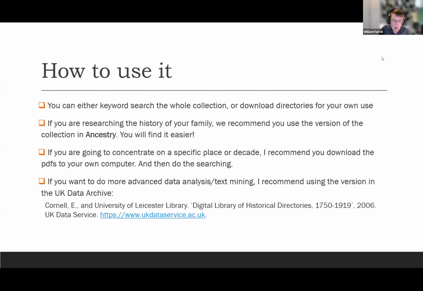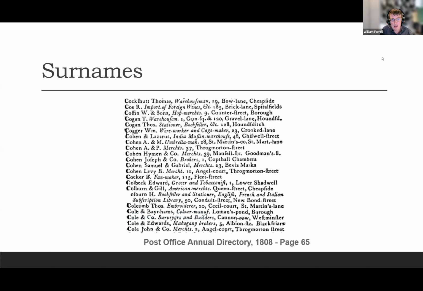If you do want to download all the directories, the whole collection, you do have to download a lot of files. So you need to block out an afternoon to do that. But if you are interested in doing that, that's the version I'd recommend you try, and not downloading all the PDFs on our website. I'll go into the live demo in a moment, but I'll just point out various things you could use our collection and other directories for.